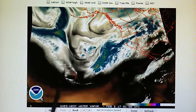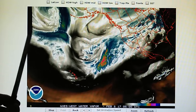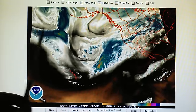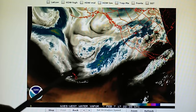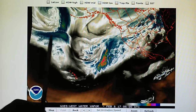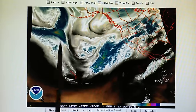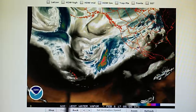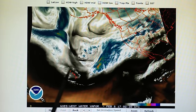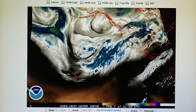Let's go back to this other map. We can take a quick look. We have the transmitter activity right here, and we have this very narrow channel right here being generated by a phased array transmitter. This is causing these angles. We've got a blockade right here, which is blockading this moisture field on the jet stream from winding into this gale force system. So this is all blockaded right here. You can see that blockade. This is a transmitter generated feature. Same thing right here. This is cutting off the flow, evaporating all that moisture as it moves into the west coast. So there's a lot going on, and